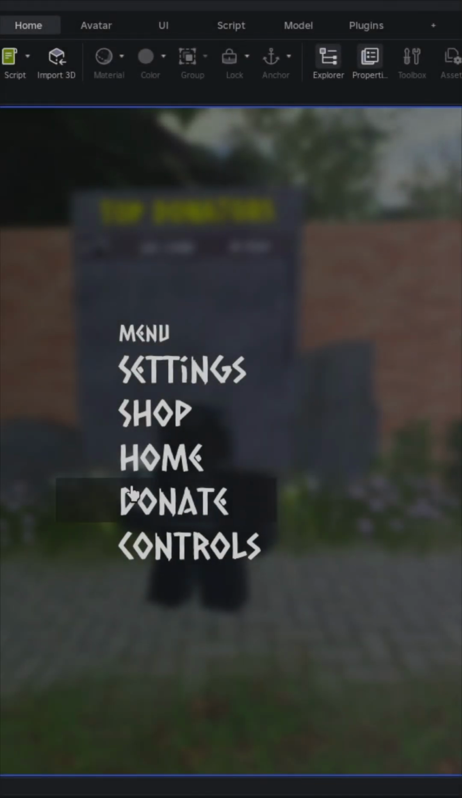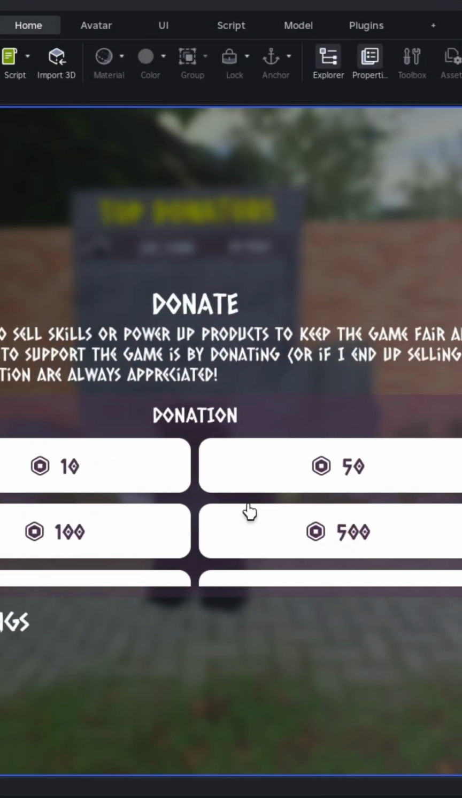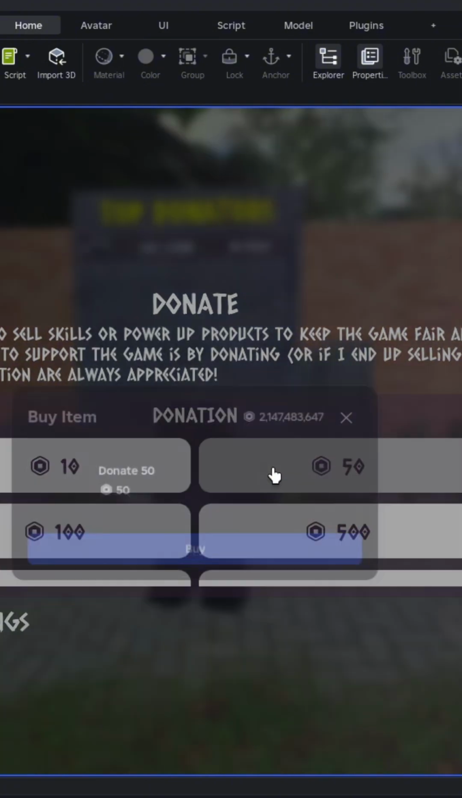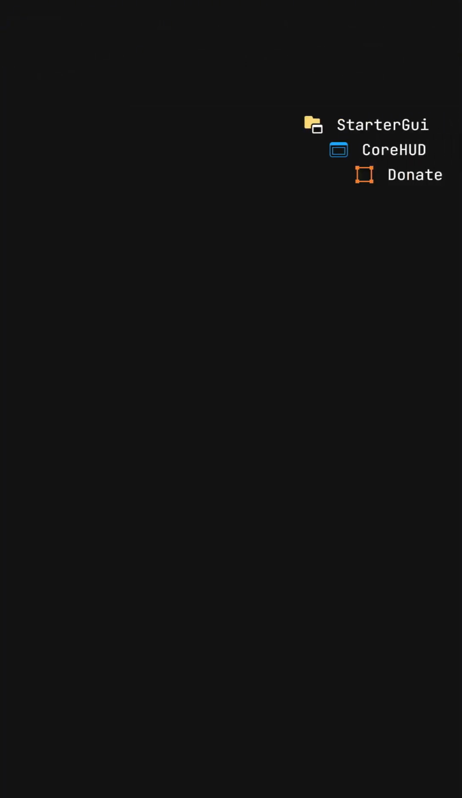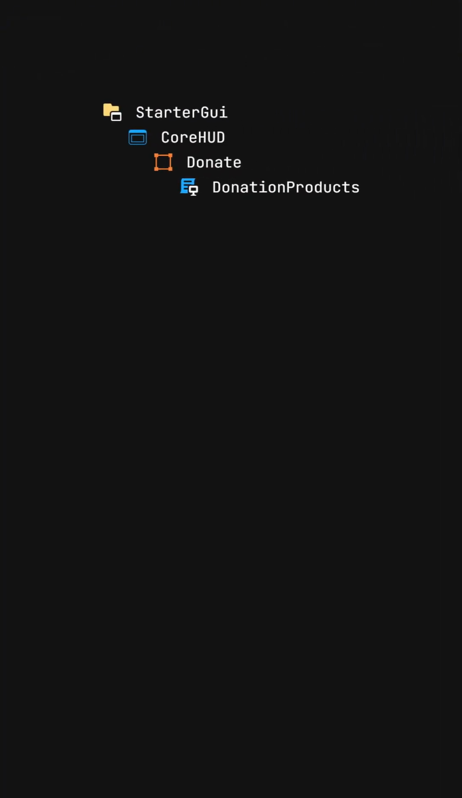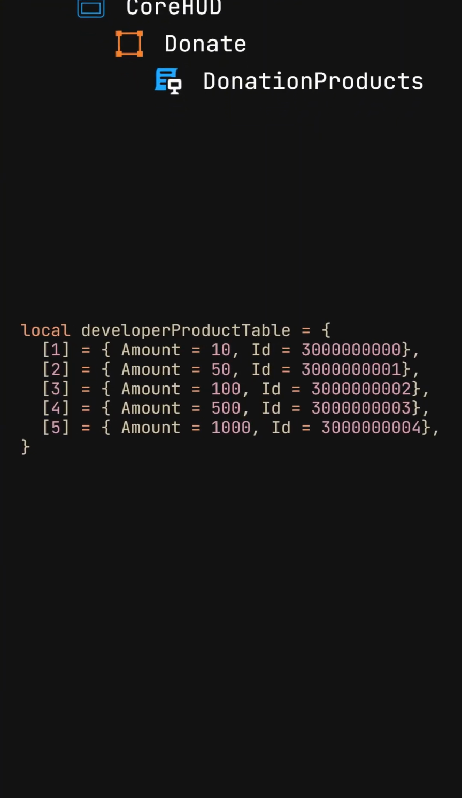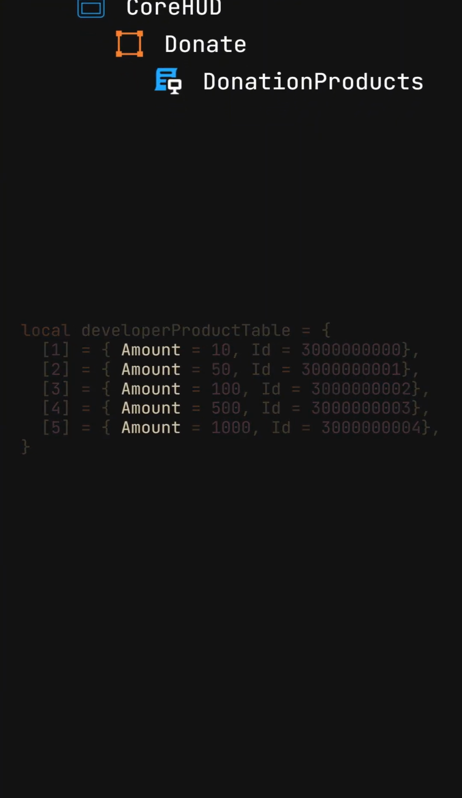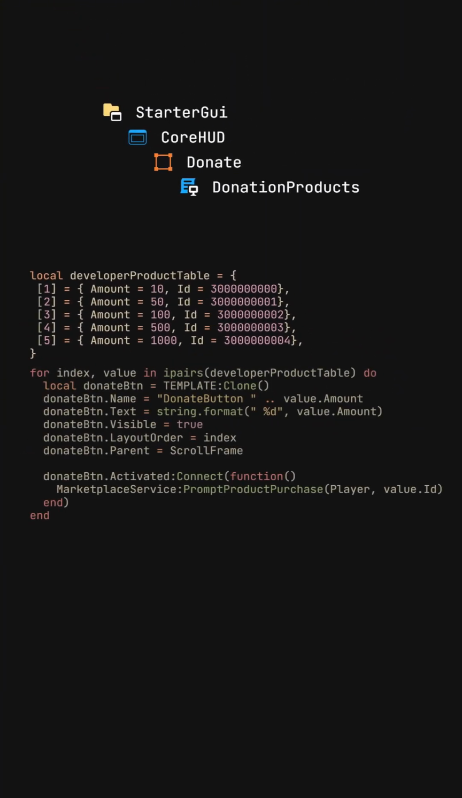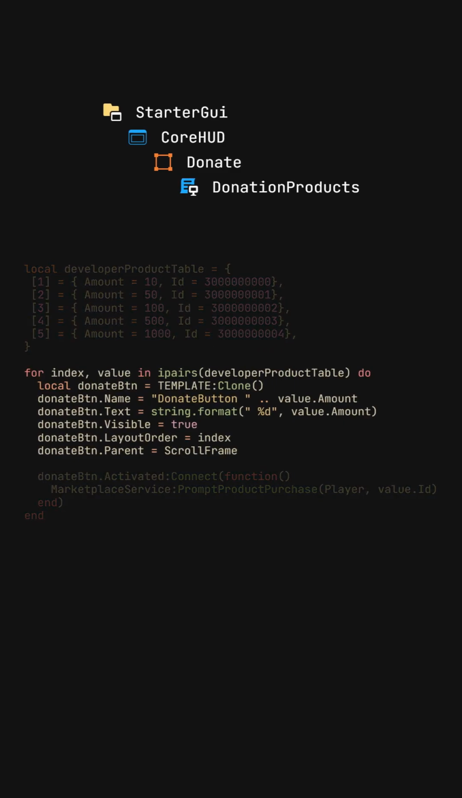For my UI, I just showed a simple model for donating. The important part to discuss is adding the buttons and their functionalities once activated. It's pretty simple actually. I just created an array of developer product IDs with their amounts in a local script. Then, I looped through all developer products and cloned my template button for each amount and added it to a